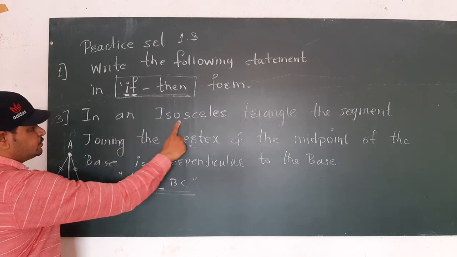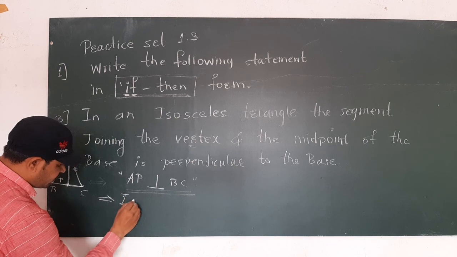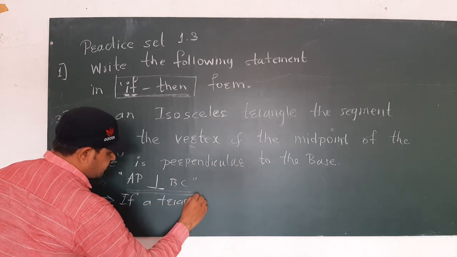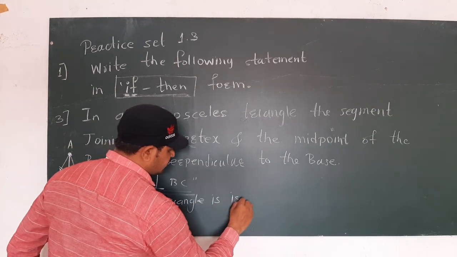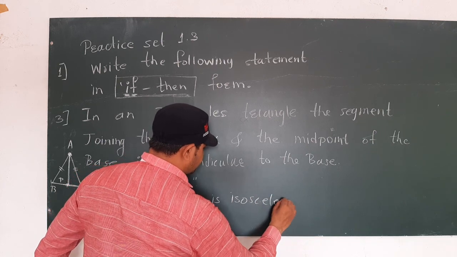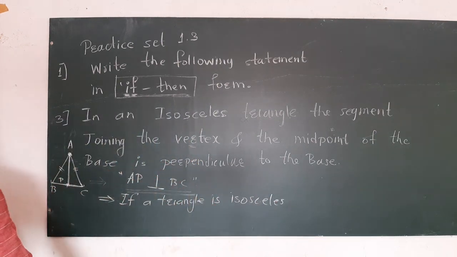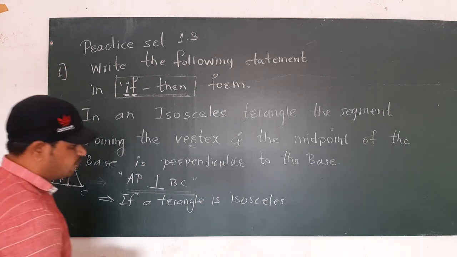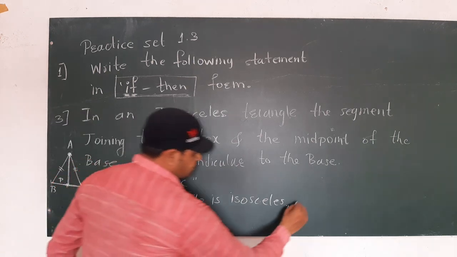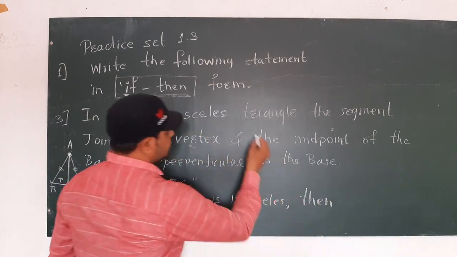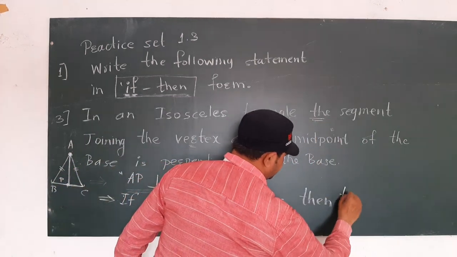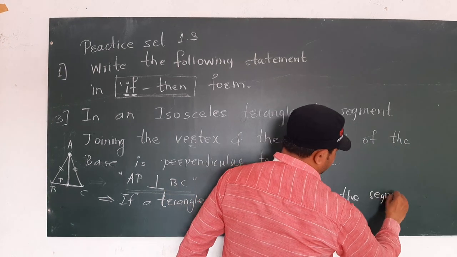Instead of in an isosceles triangle, we can write if a triangle is isosceles, then the segment